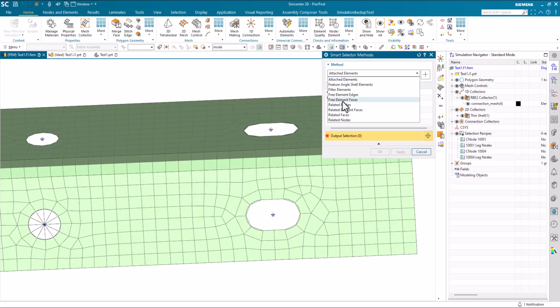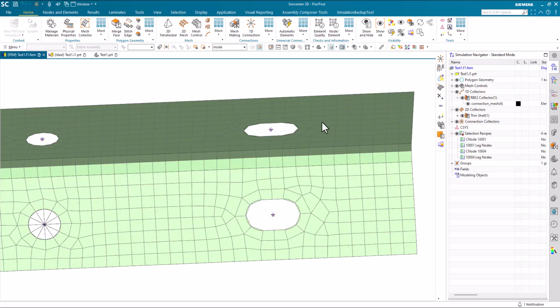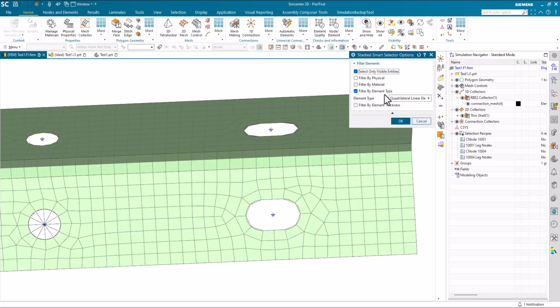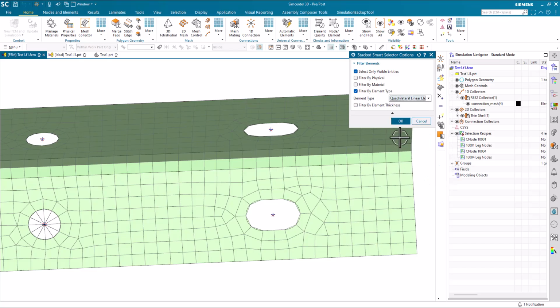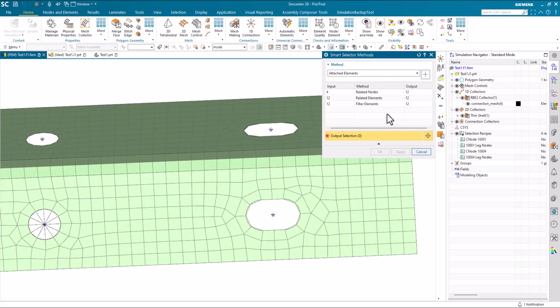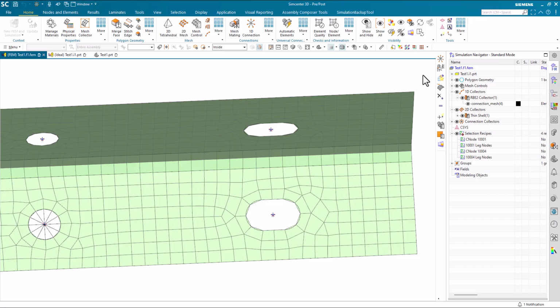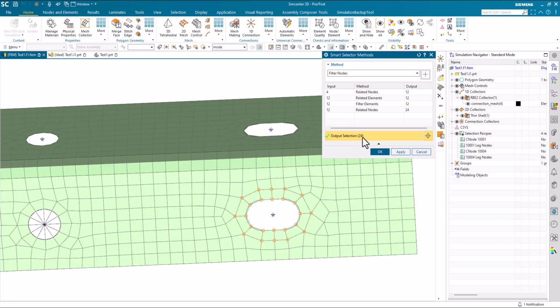I can even filter for elements. So this could filter, say, by element type, and I can filter by, say, linear quad. That's what these elements are. And I'll OK here, and it'll still give me the 12 related. And then I can also finish this by saying related nodes, and then I get my 24 nodes related to those 12 elements. And I could say OK here,